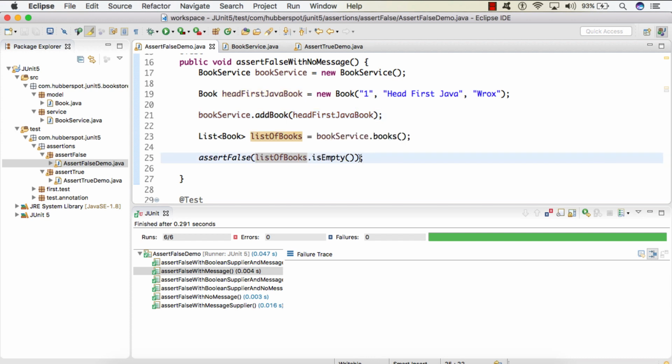So our list of books was not empty. And we passed a false value to assert false. Therefore the test case got passed.